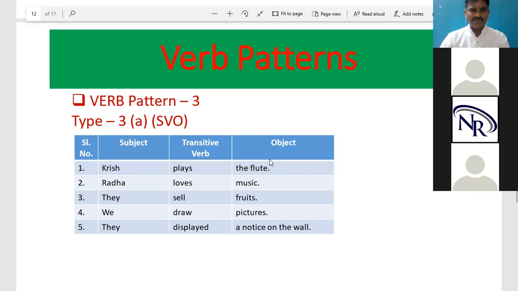First, Meghana, say one example in this pattern. SVO is the commonly used one: subject, verb, and object. If an object is there, that is a transitive verb. Lavanya eats chocolate. Right. Next one.